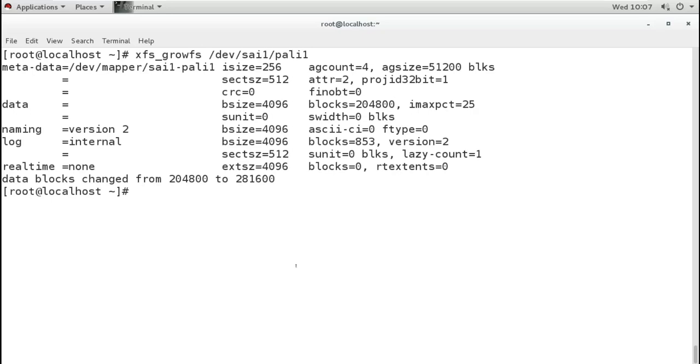Now it is saying it is changing the file system. Now remember, changing the file system can delete the data. But it is not changing the file system, it is extending the size of the file system. So it is not like deleting the existing file system and recreating it. It is just extending the size of the file system.